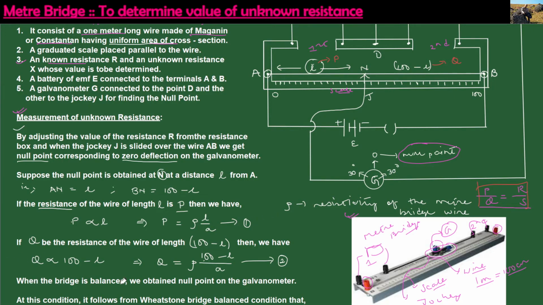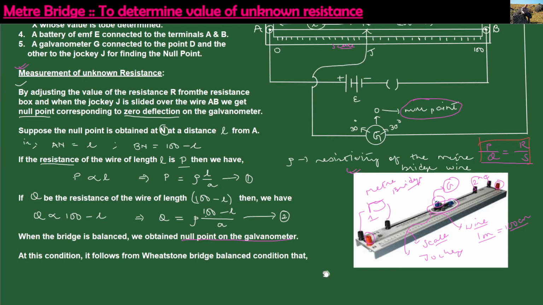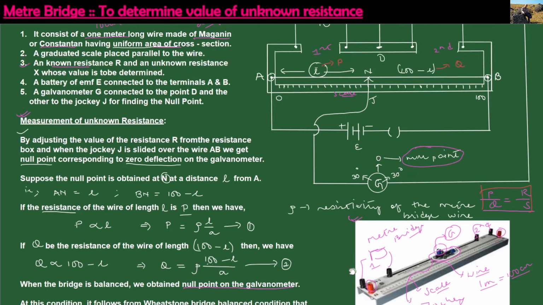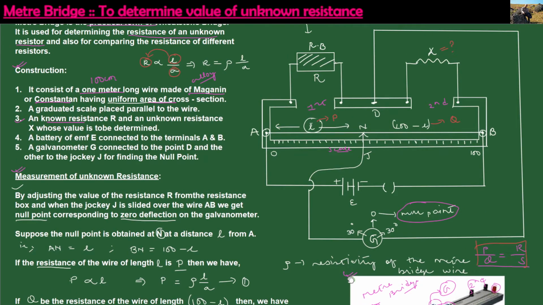So when the bridge is balanced, we obtain the null point on the galvanometer. At this condition, it follows from the Wheatstone bridge principle that the ratio of the opposite arms should be equal, so P by Q should be equal to